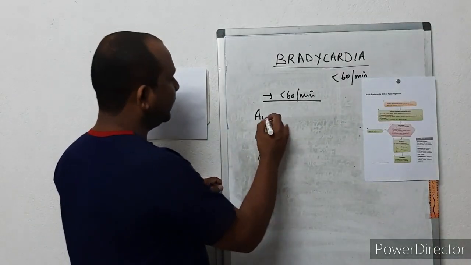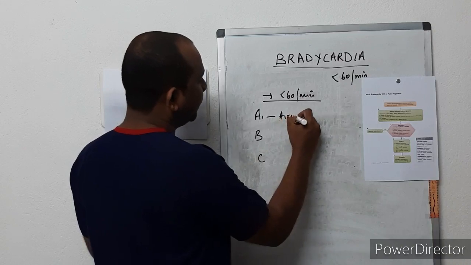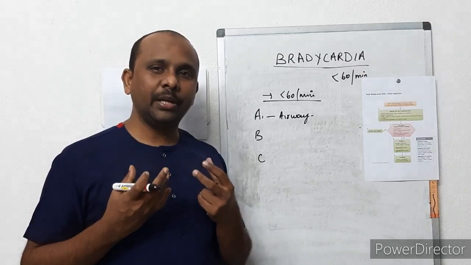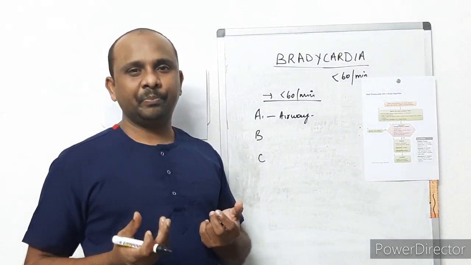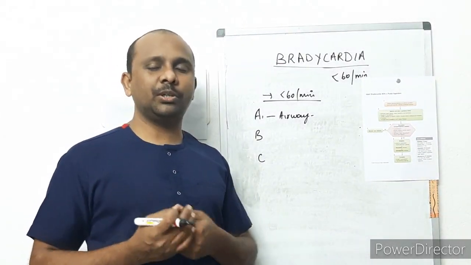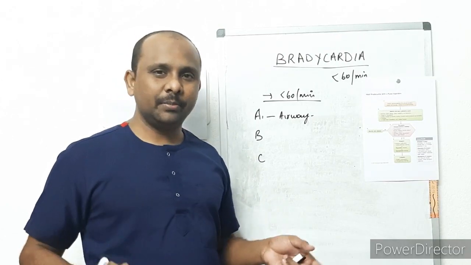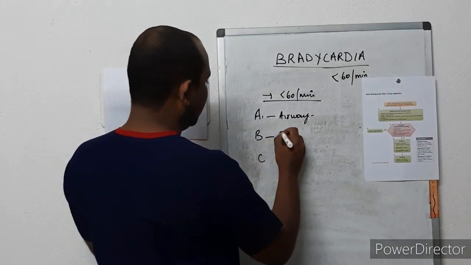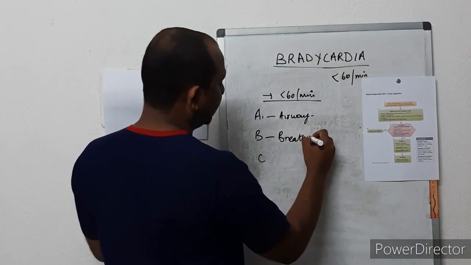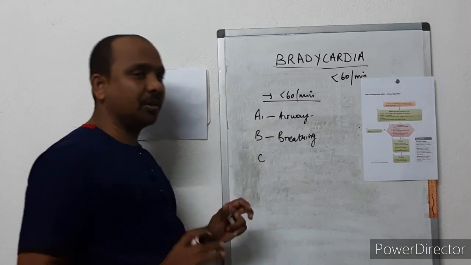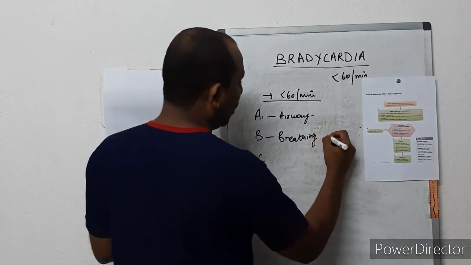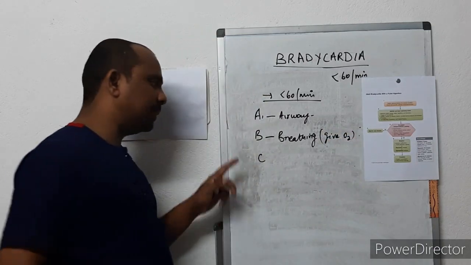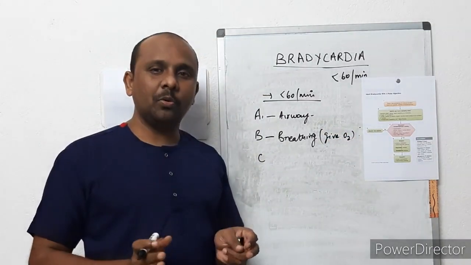In the case of bradycardia, you have to see whether the patient's airway is stable or not. Airway means that he is able to maintain patency of the airway. Check whether any secretions are there, or tongue fall due to loss of sensorium, or whatever it may be. Assess the airway. B is for breathing. Is the patient breathing, and are the rate and depth of breathing adequate? If not, give oxygen. Supplement oxygen. If the patient is not breathing, then you have to support the breathing.